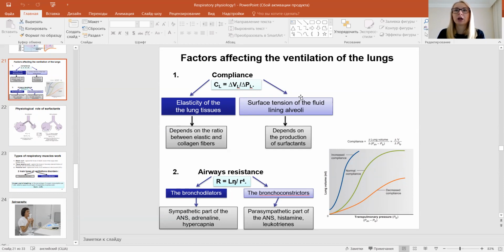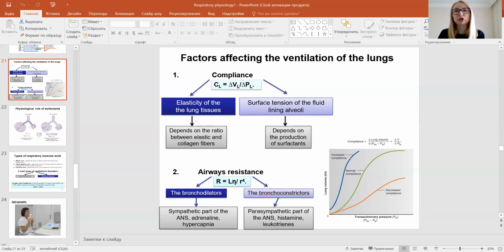If pulmonary compliance is marked as CL, pulmonary volume change will be marked as ΔVL, the difference in volumes, and transpulmonary pressure will be marked as ΔP, the difference in transpulmonary pressures. The average value of this pulmonary compliance is about 0.2 liter per centimeter of water for the lungs of a healthy